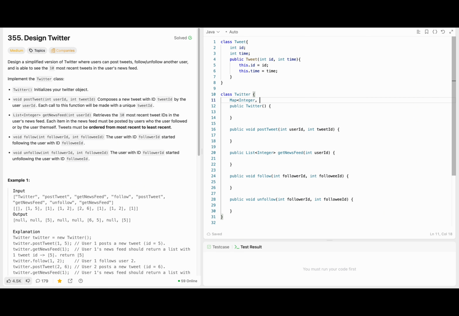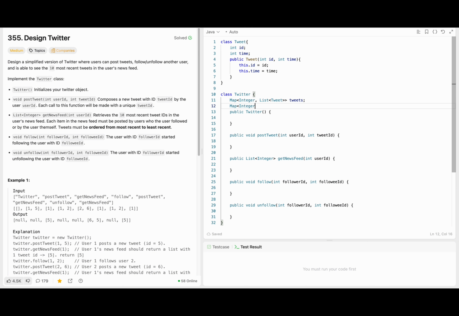The first hash map is going to map the user ID to their tweets, to the list of tweets. So it's going to be list of tweet, and I can call it tweets. And the second hash map is going to map the user ID to all the followees. So it's going to be set of integer